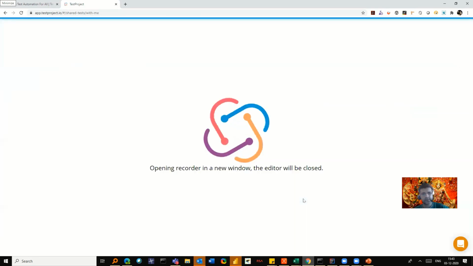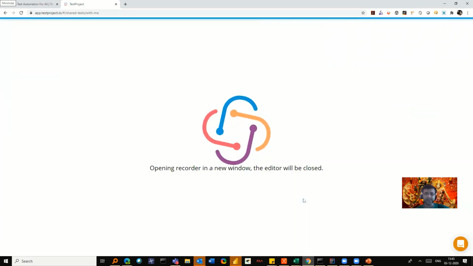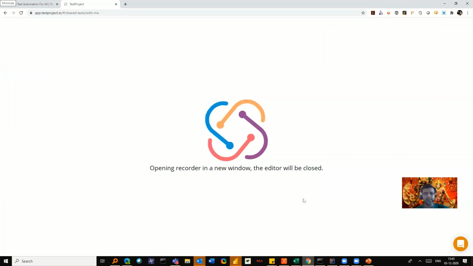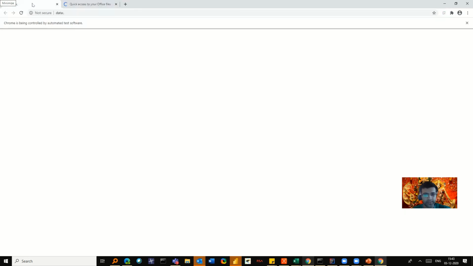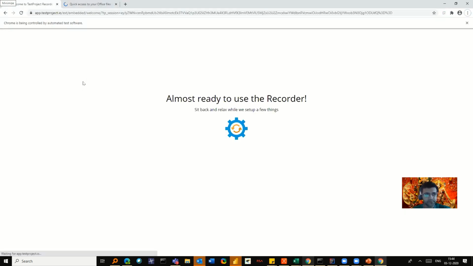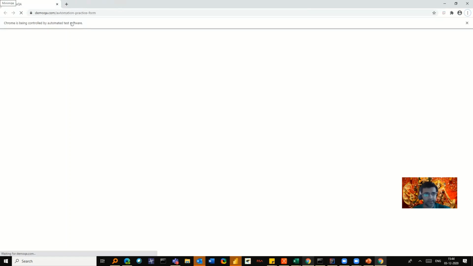This is one of their best features that anybody can use. You can do the recording and then generate the test cases. Not manual test cases, just the test cases. It's opening, and it will open in the Chrome browser. It will just open the URL.